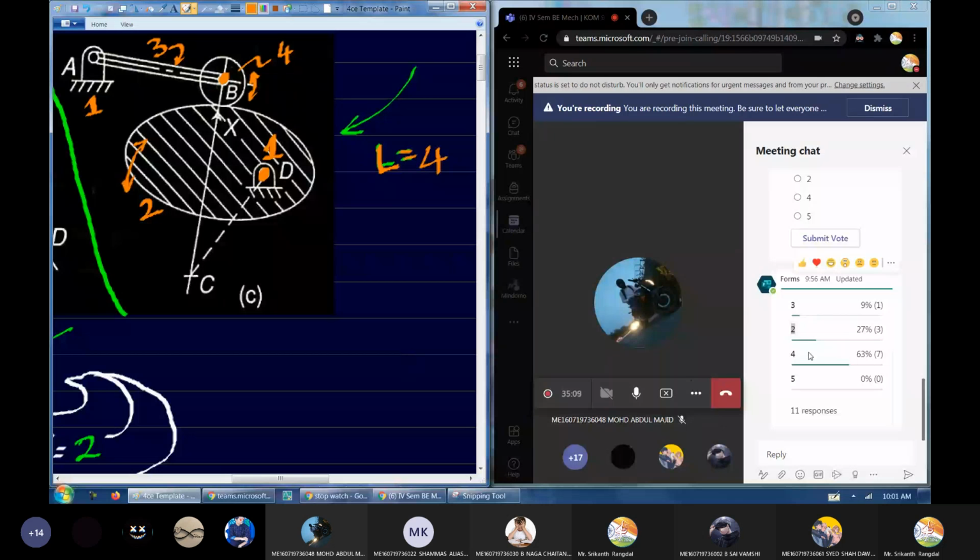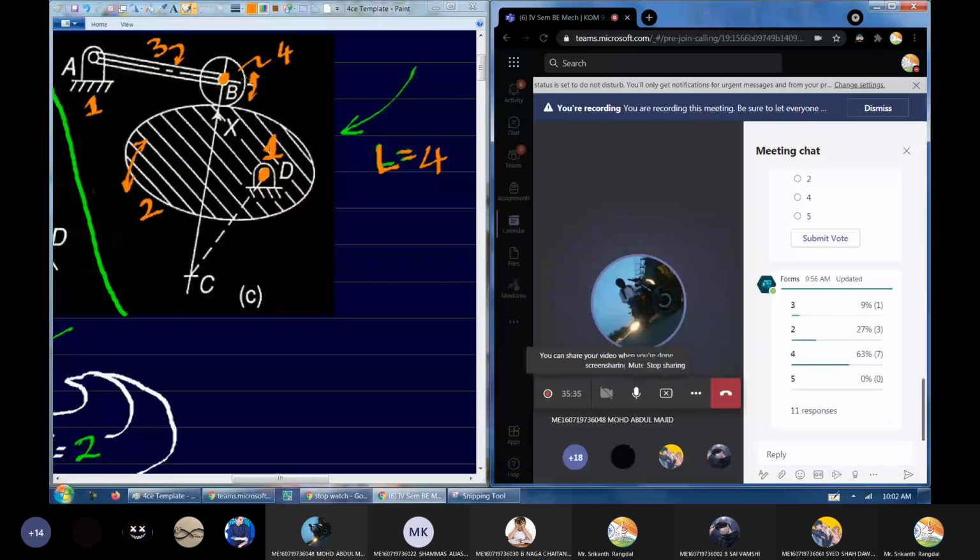So it is encouraging to see that a majority of you have answered correctly. 3 students have answered 2. How can it be 2? You didn't even count the fixed joints and you even forgot to count this roller. So that's a bit discouraging. And 1 student, I think he didn't count the roller, and that's probably why he answered just 1. So the roller has also to be counted. Okay. So the number of links are 4 here.